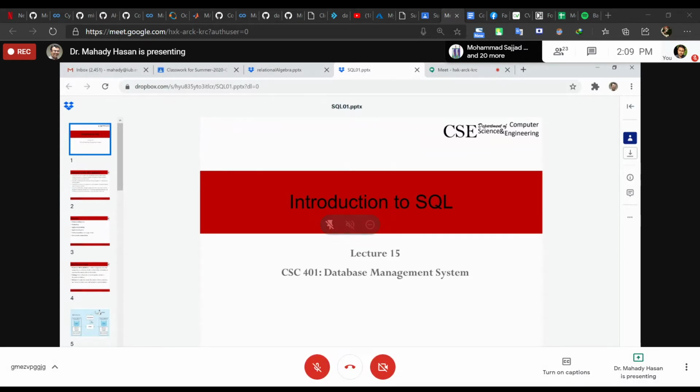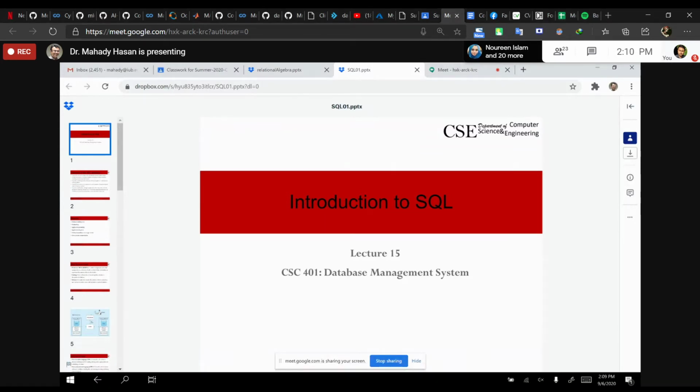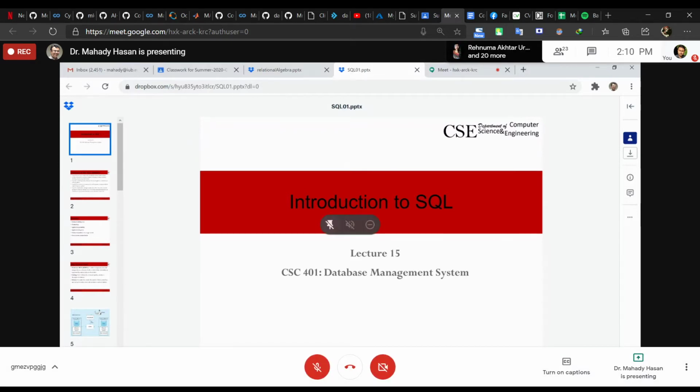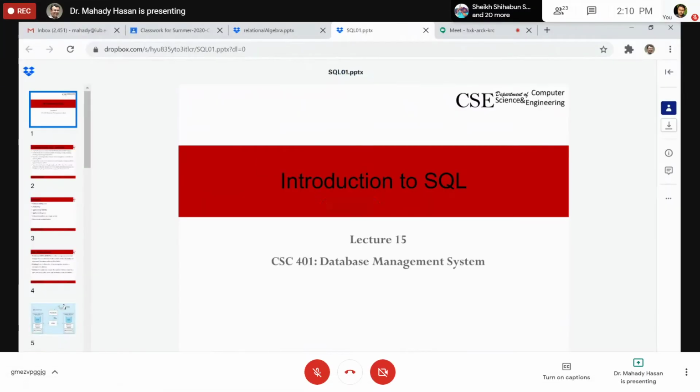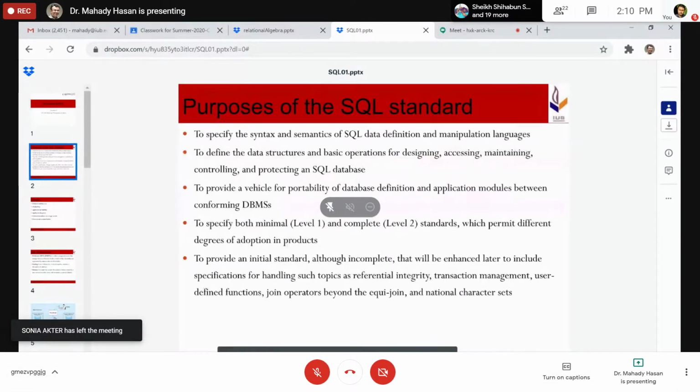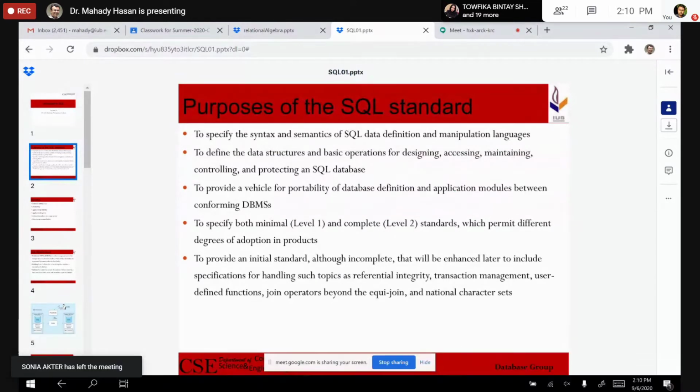So now basically we are officially starting SQL. However, we have done SQL a lot, but I think these SQLs are a little bit new for you. The purpose of SQL is that it helps the programmer, database analyst or database administrator to manage and maintain the database.